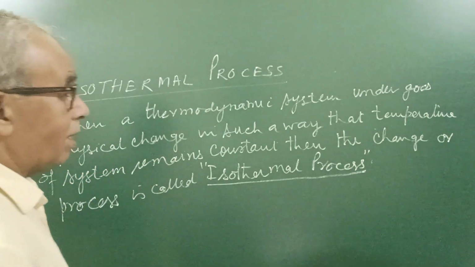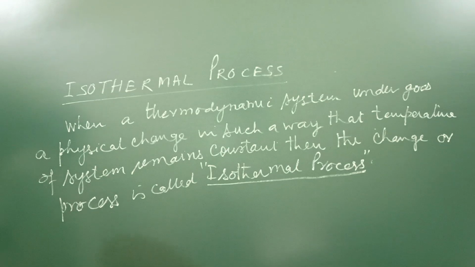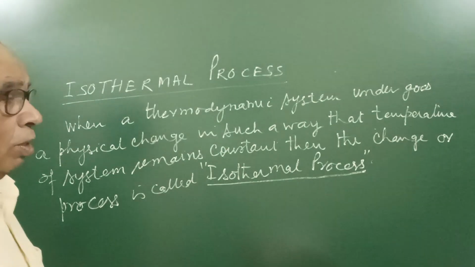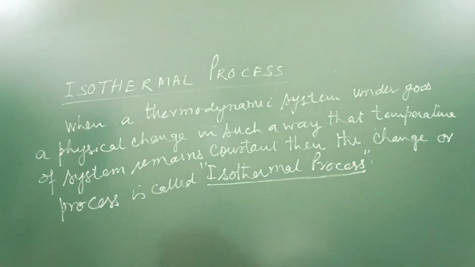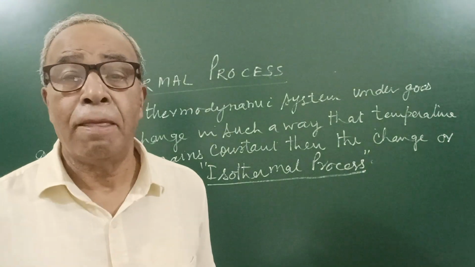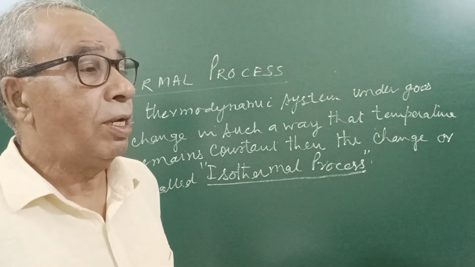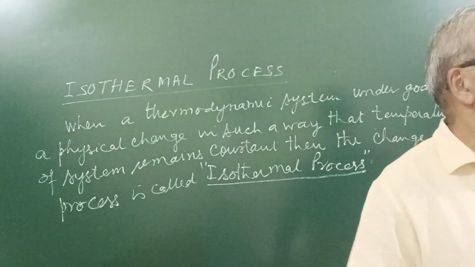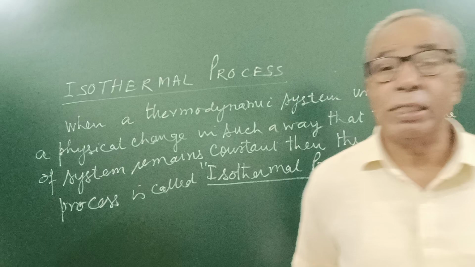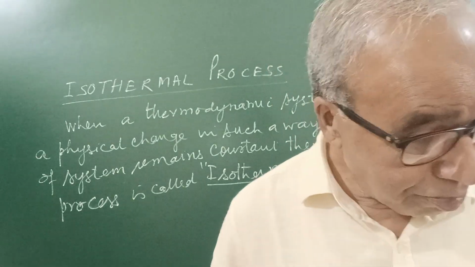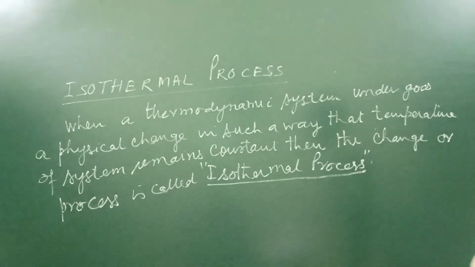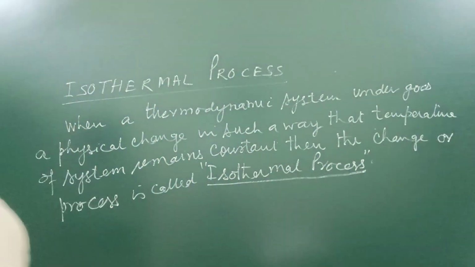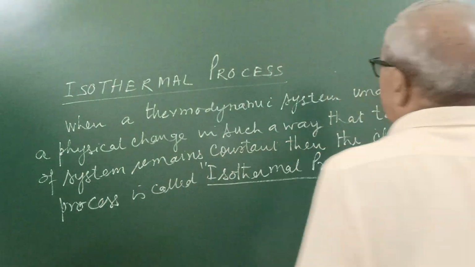physical change in such a way that temperature of system remains constant or does not change, then the process or change is called isothermal process. I mean, when any thermodynamic system undergoes a process or a change, physical change in such a manner that temperature does not change, then that is called isothermal process. Now, when process takes place in isothermal system, some heat may be produced or may be absorbed by it, and